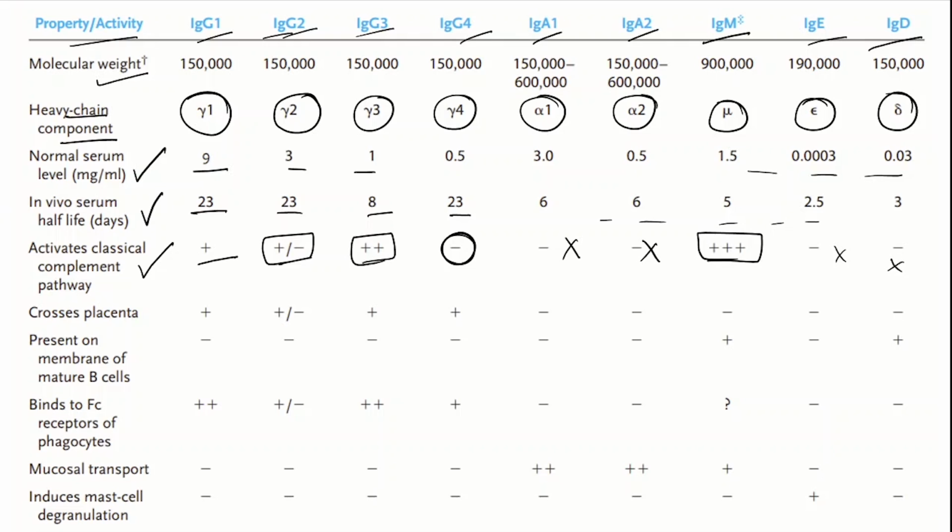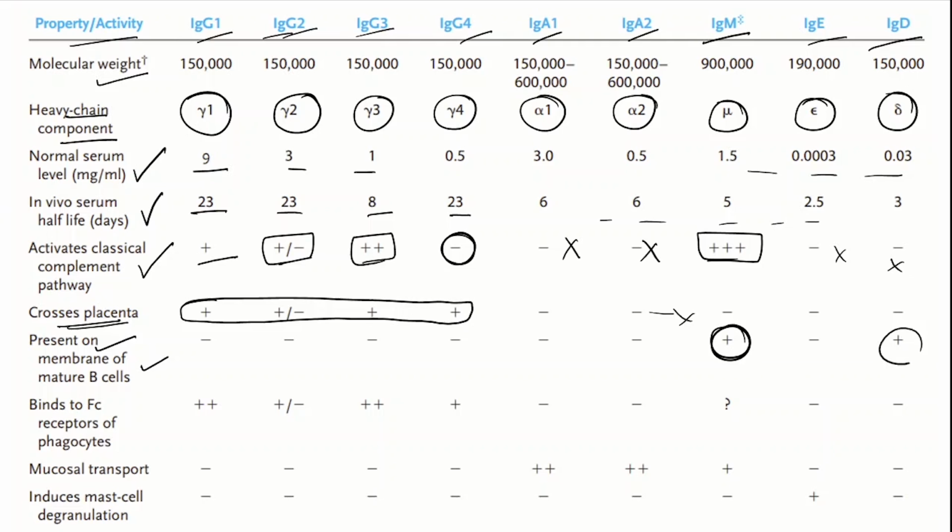Crossing the placenta is a feature of all the IgG classes, the others do not cross. Presence on the membrane: as I told you, only IgM and IgD are present on the membrane, all others are absent. Binding to Fc receptor: only the IgG class binds,